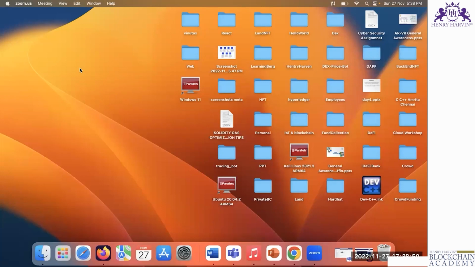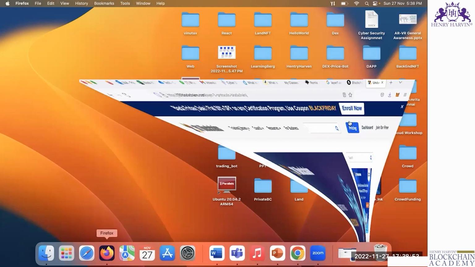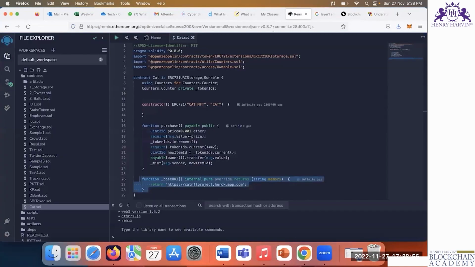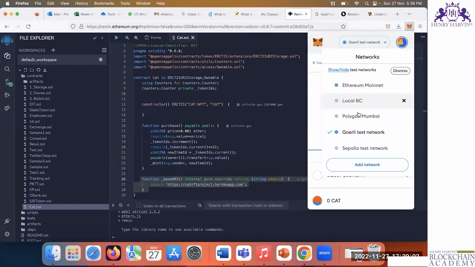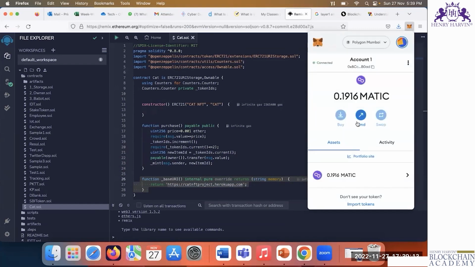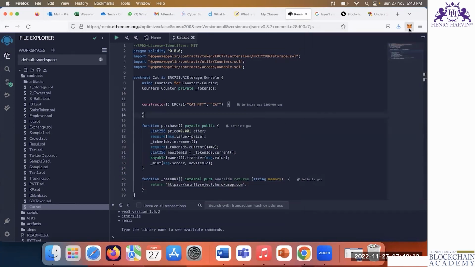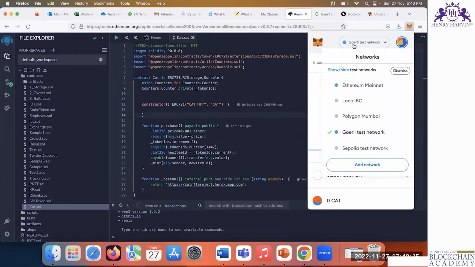In Polygon, it is nothing. Polygon or any other network, it is nothing. What you need to do is, in the Remix IDE, you just write the program, take MetaMask and change the network to Polygon or some other network, and deploy it. That is the thing. But in order to use Polygon, I think the currency is something different. It is Matic. Writing programs in Polygon or Solana is simple because the base blockchain is Ethereum. We can write the smart contract like this, and the only thing is to change the network to Solana or Polygon and deploy it.